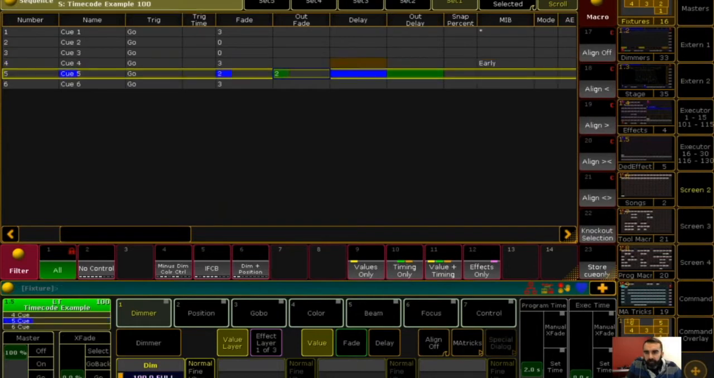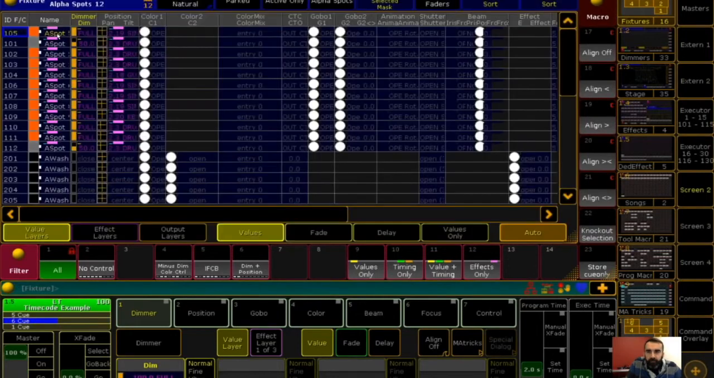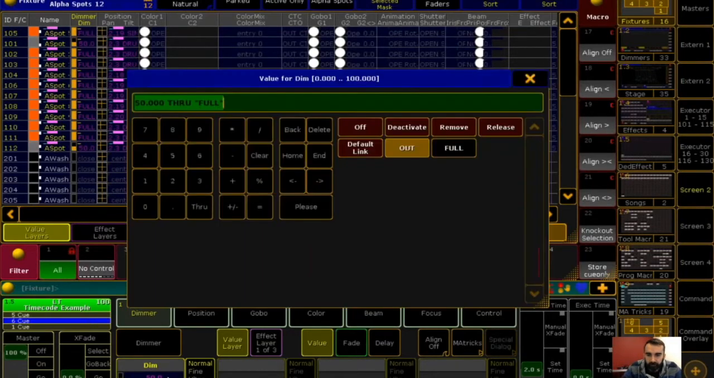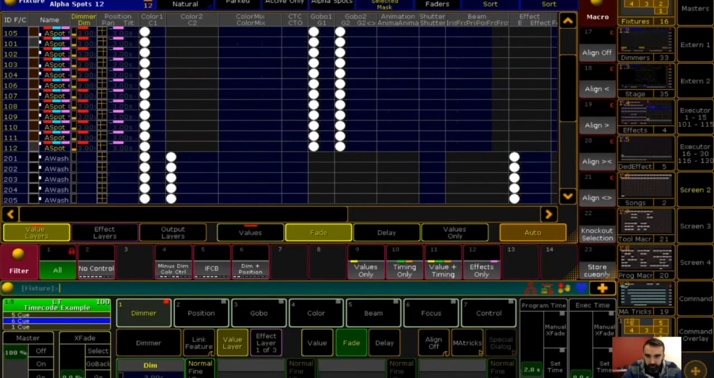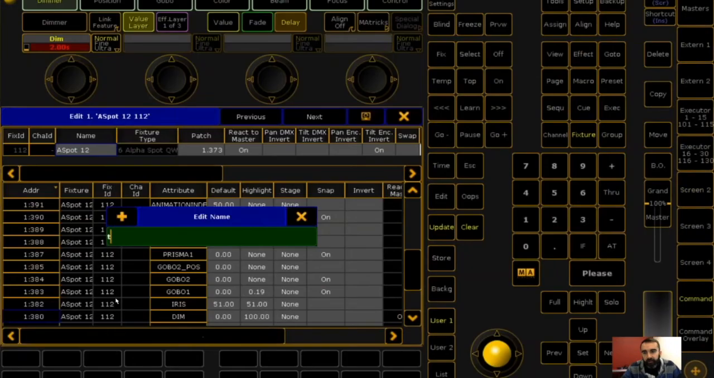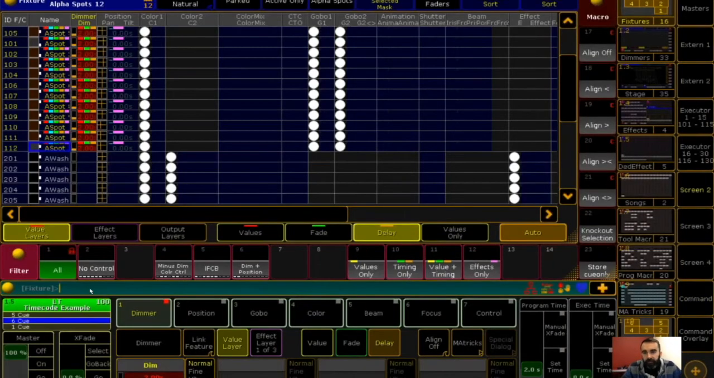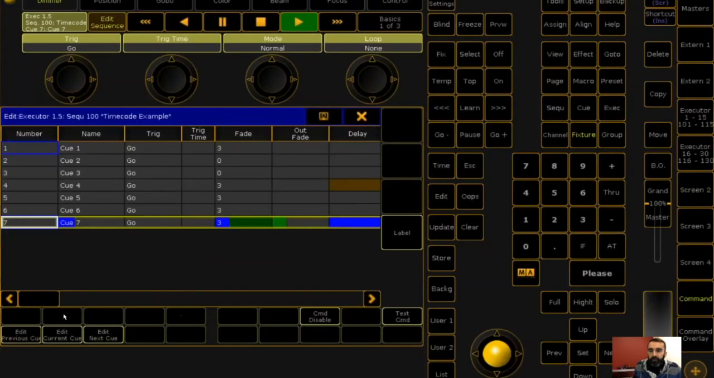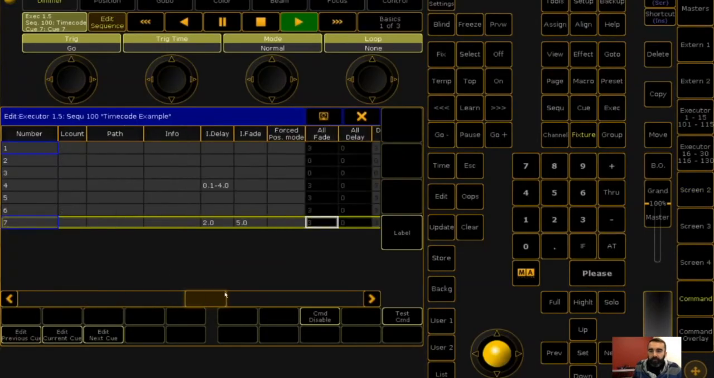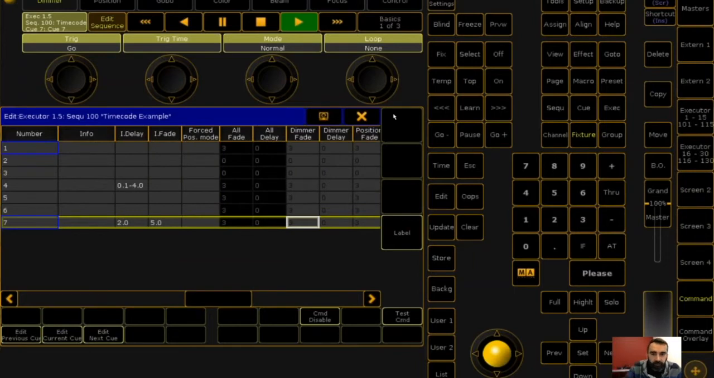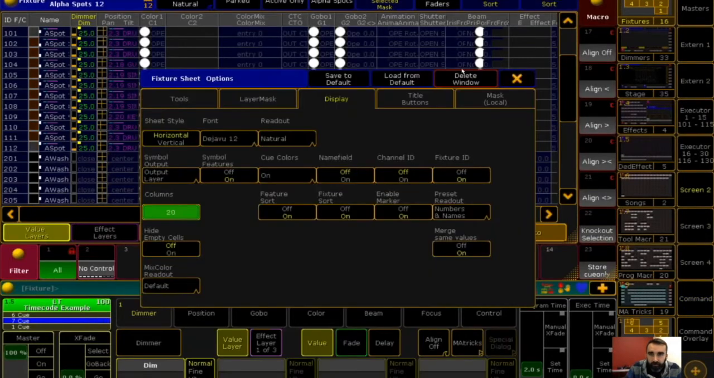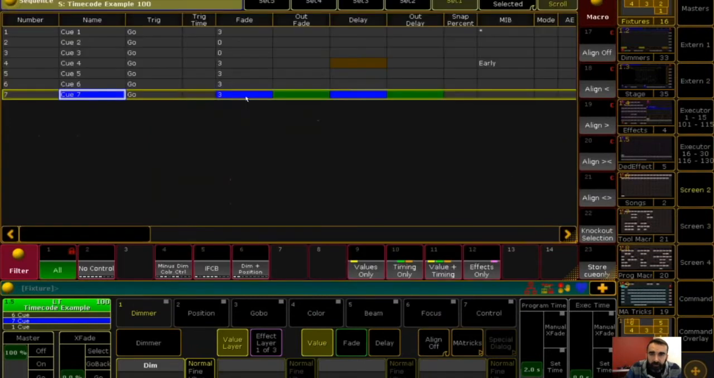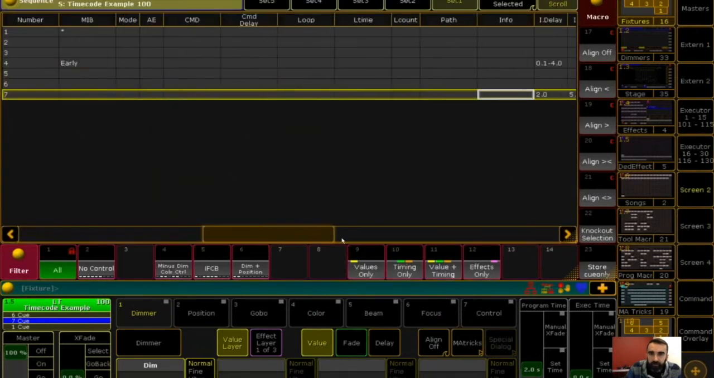I think one other time, I never actually stored this cue, so we're going to do 5 seconds fade, 2 seconds delay, and we're going to store this as the next cue. So now we go there, and nope, what I want to do is go back to my sequence executor sheet. Sorry, back at my sequence executor sheet,